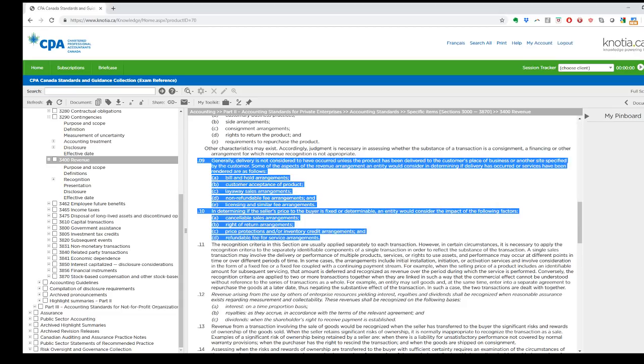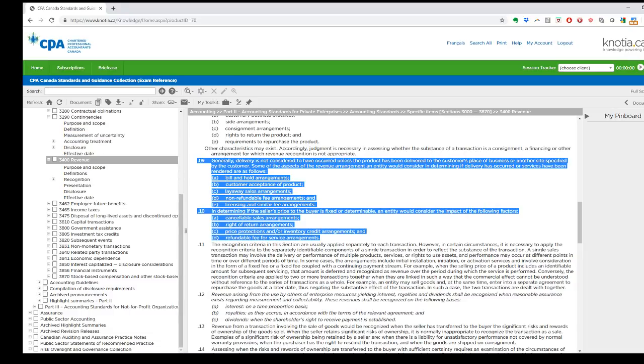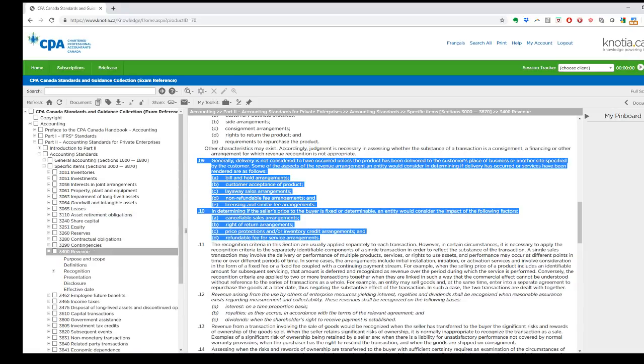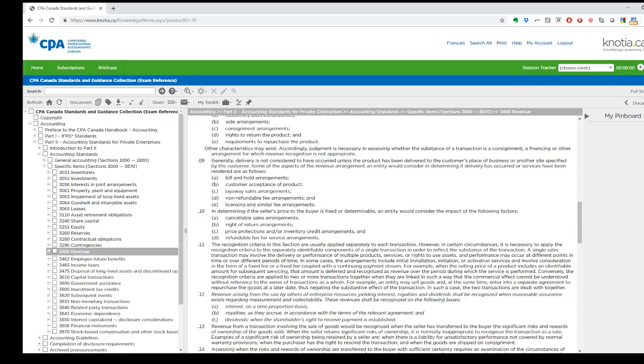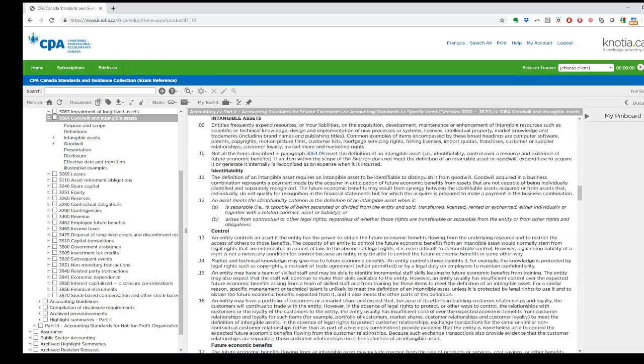And the advice tip, I guess, I want to make sure you are using is you're using the exam reference version, because that's what you get in the exam. And at the same time, if you go through it, I want you to make sure you are familiar with this, because you want to get practice doing this in a non-time constrained environment. If you're writing the exam, the last thing you want to do is go through scrambling, figuring out what this is. So internal control,